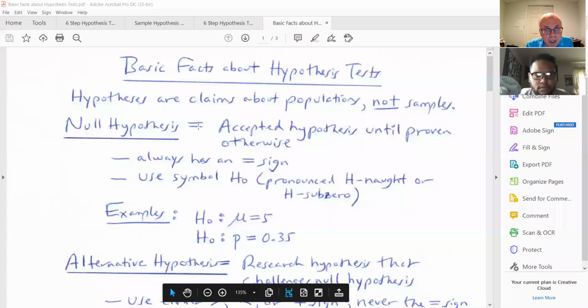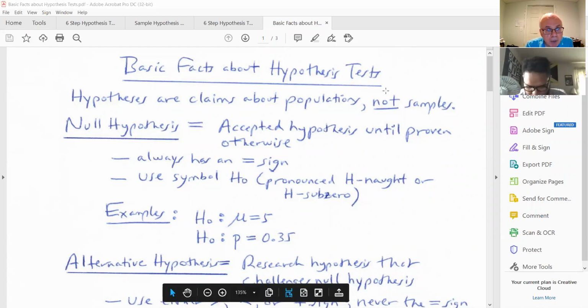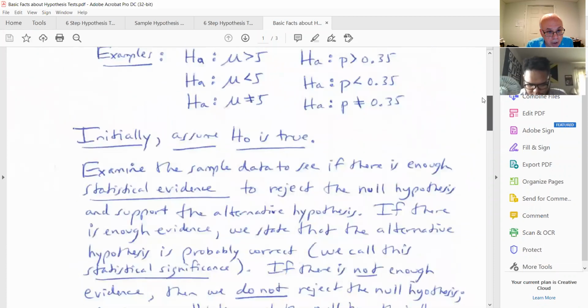All right, so let's go through the PDFs again. And once again, I have created several PDFs here. The first one I went over last time was basic facts about hypothesis tests. So this just gives you an idea of what the null and alternative hypotheses are, how to write them,